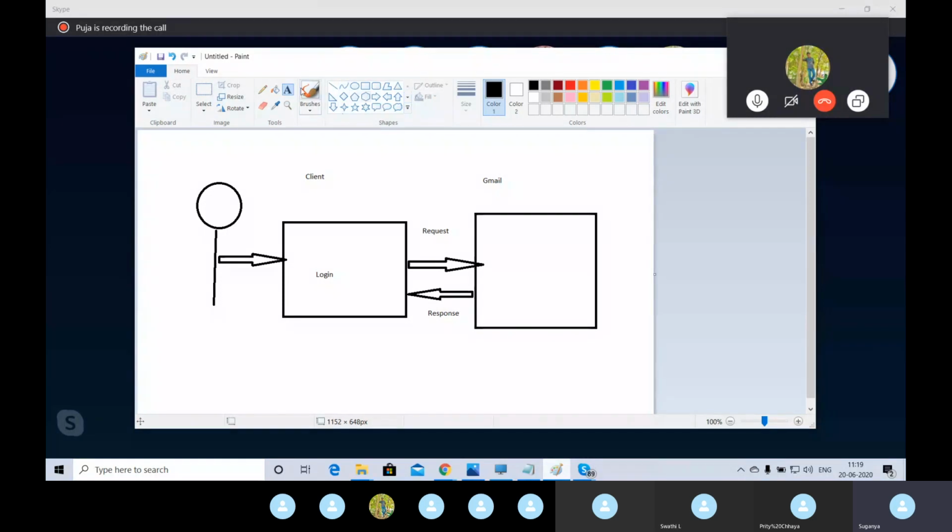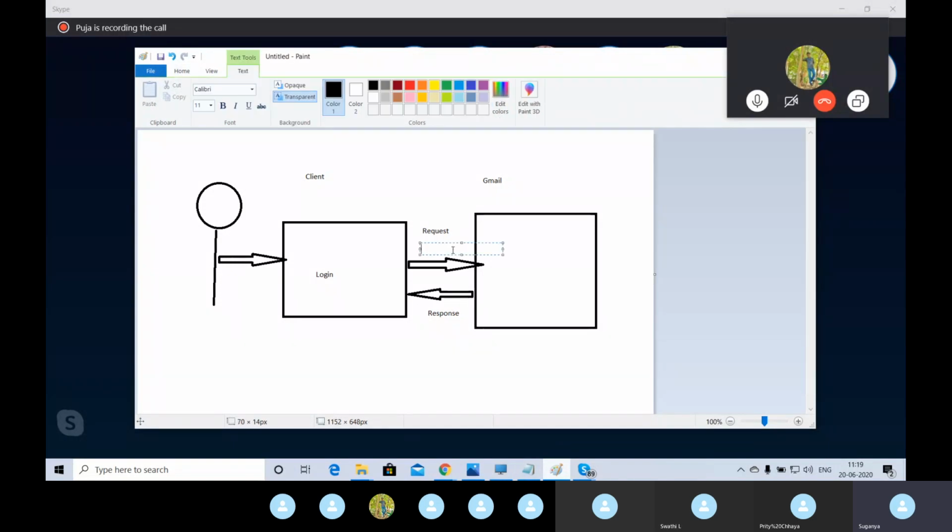So how it happens is by using a protocol. There is a protocol between the client and server. That protocol is nothing but HTTP or HTTPS. You got it, guys? That is why we are using http www.gmail.com or https www.gmail.com. This transmission of the request from the client and the response from the server happens through the protocol. So in our web application, any transmission will happen only through the protocol. In our case, it is going to be HTTP or HTTPS. You got it, guys?